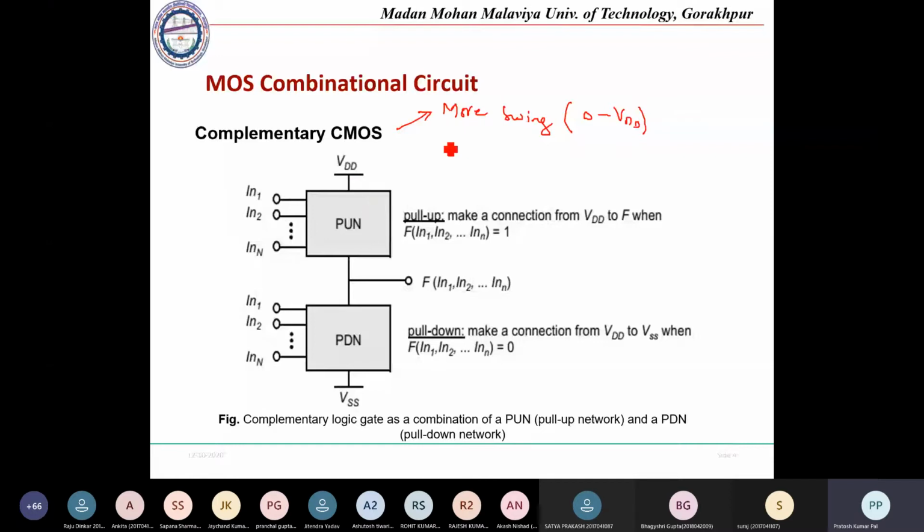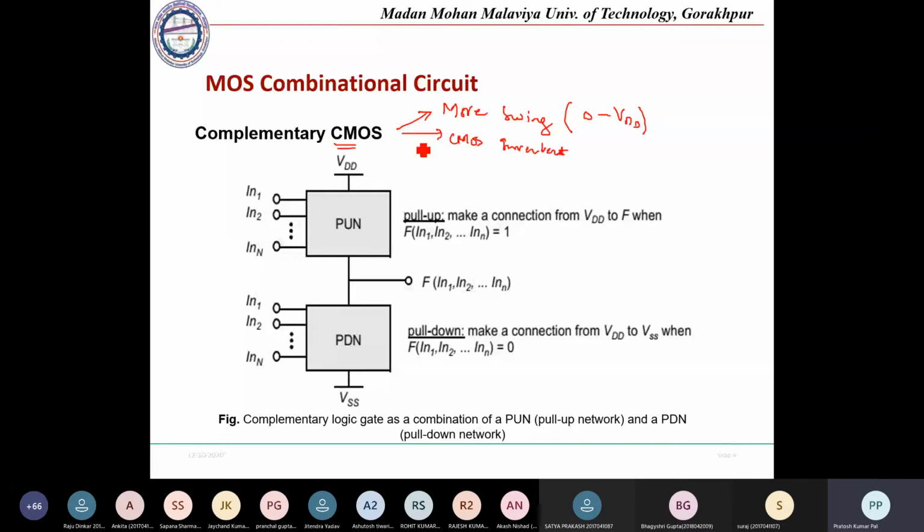Okay, so it will be having very less power. Whatever CMOS inverter is having, all the advantages of CMOS inverter will be there with the same inverter. Whatever CMOS inverter logic is there, all the advantages of this will be in CMOS logic family circuits also. Okay, the only disadvantage of this circuit is the number of transistors required to implement this combination.